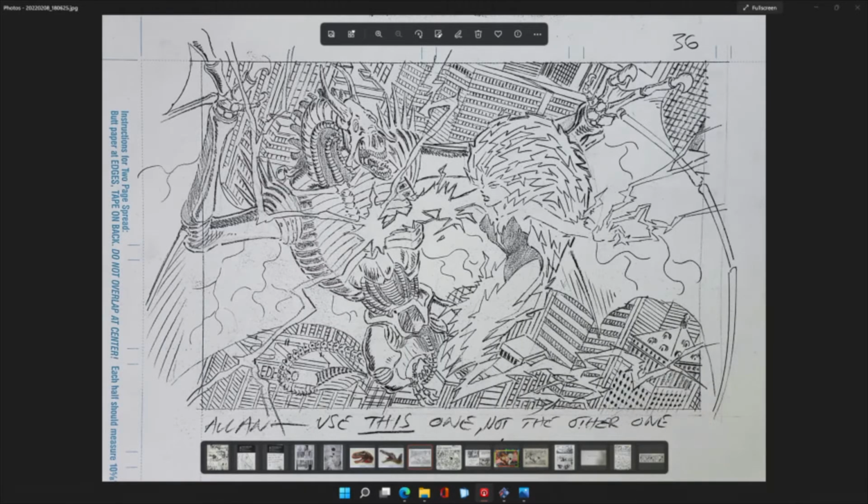So moving right along, I think I more or less have these in the right order. I've got some artwork by Ed Hannigan. Now this is Ed's preliminary artwork for a Bloodlines trading card, card number 36, that ended up being titled Sparks Fly. I think 1990 is when these were done,